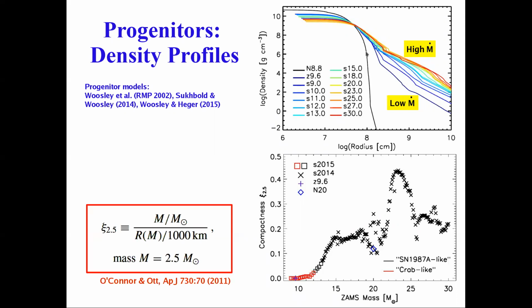This has a very steep density profile. And then when you go to typically more massive stars, you see that the density profile gets shallower, and more mass is actually sitting outside of this iron core, or of this degenerate core with high densities. And that actually, between some 10 or 12 solar masses and 15 solar masses, makes it very hard to explode stars. But for more massive stars, then it can become a bit easier, because this high mass infall rate doesn't